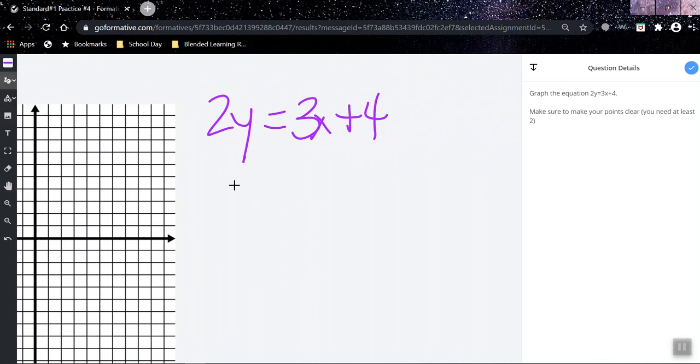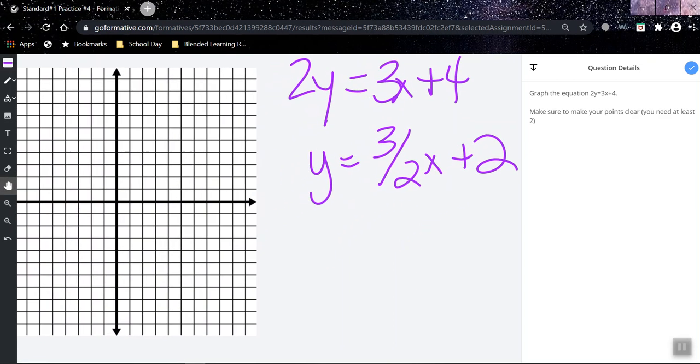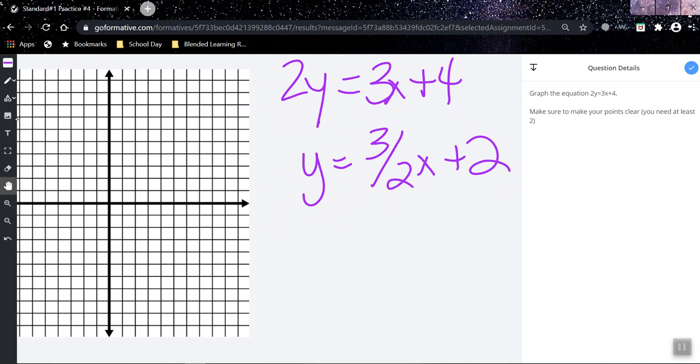Solve it. So solve for y, I get y equals 3/2 x plus 2. And so I want to go back to graph. I remember what I need to graph. So I'm going to go scribble. I'm going to go to plus 2. Alright, and then my slope's up 3/2. And if I go down 3/2,